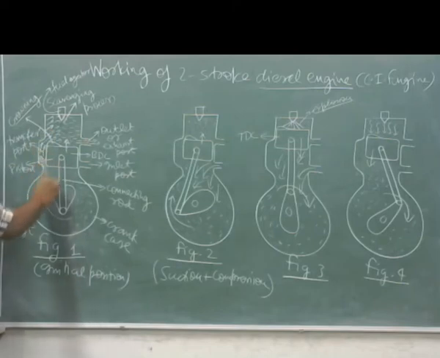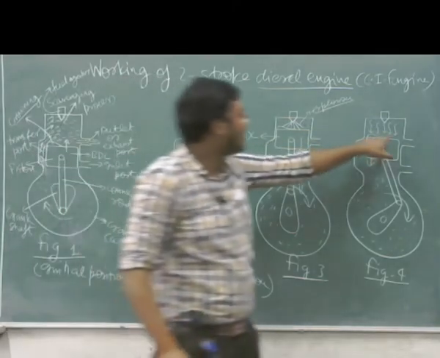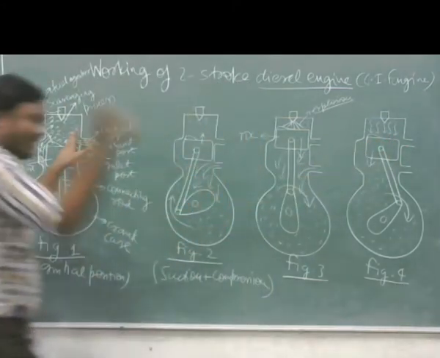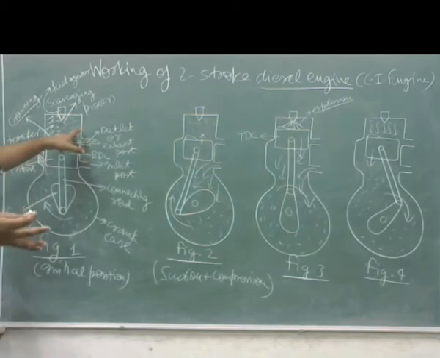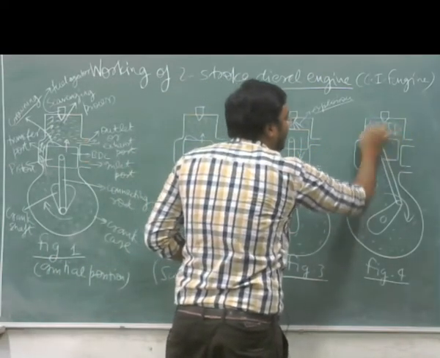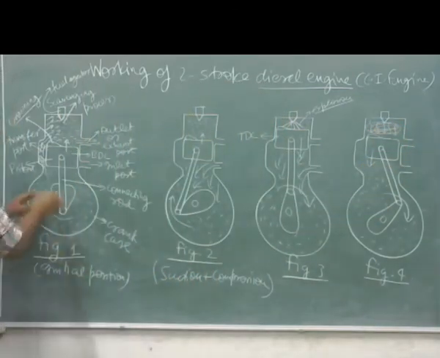It will escape from this space and reach above the piston. So this is a very high pressure air. When this air reaches above the piston, the exhaust gases are present due to the expansion process. I have said earlier, the exhaust gases from the previous cycle. So which one is the previous cycle? This is the previous cycle. So due to the expansion process, exhaust gases are present here. So this is a very high pressure air.